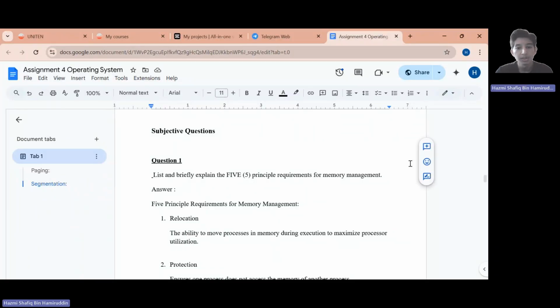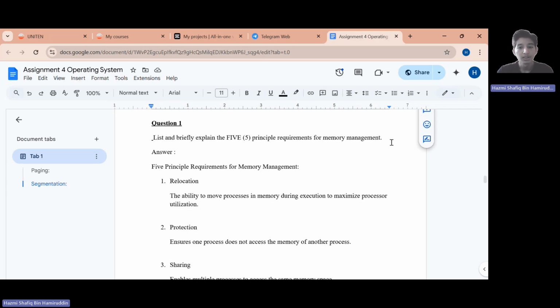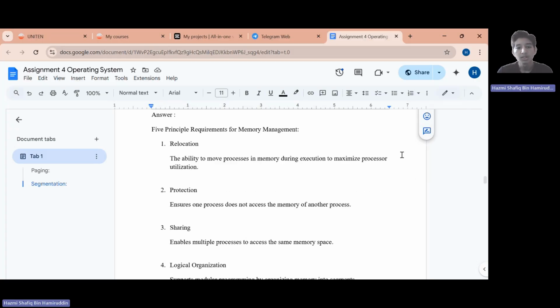Hi, my name is Hazmi Shafiq Ramadan. So now I'm gonna explain about subjective question from question number 1 and question number 3. So question number 1, list and briefly explain 5 principal requirements for memory management. The answer is 5 principal requirements for memory management. Number 1 is relocation, the ability to move process in memory during execution to